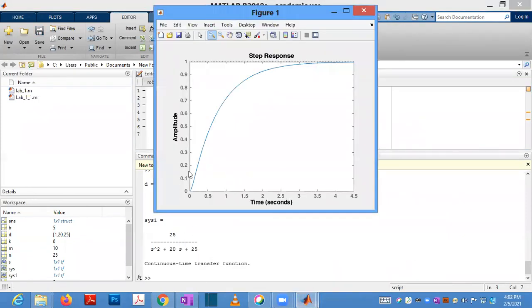So for the overdamped system, the critically damped one will be coming to this point early. The overdamped will take a little more time to settle. That is the only difference. Critically damped means it will settle to the final value and stay there. It doesn't have any overshoot or undershoot. The overdamped system is like critically damped, but it will take a little more time to settle.